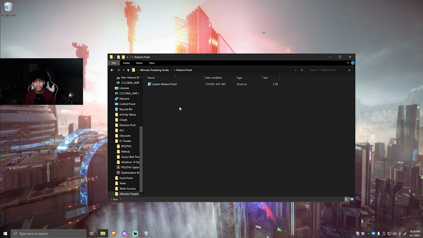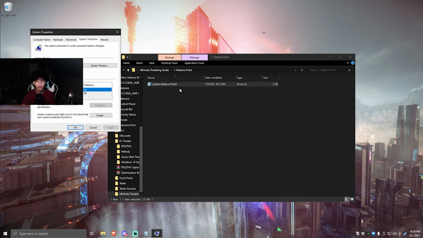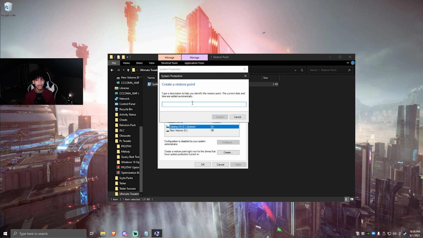So that being said, how to create a restore point is to just double click on this little shortcut. Once this opens, you want to press create, and once you want to create a restore point, you can name it whatever you like. I'm going to name mine, let's say